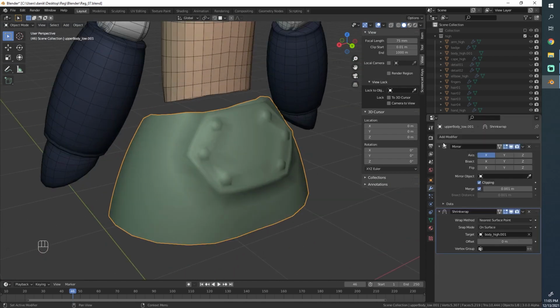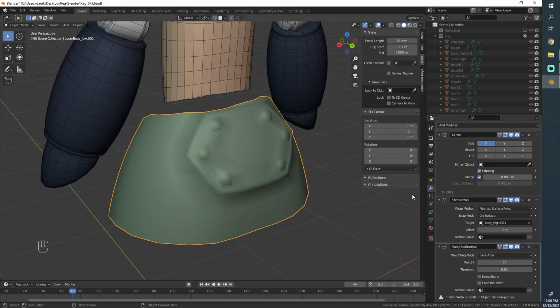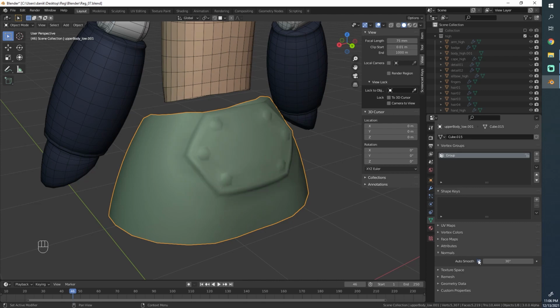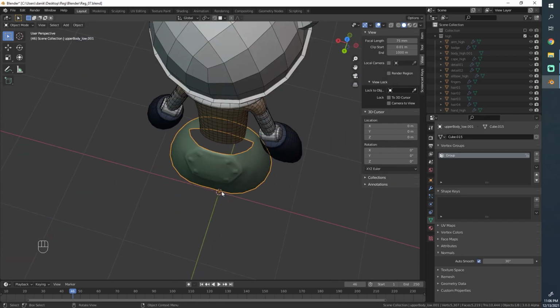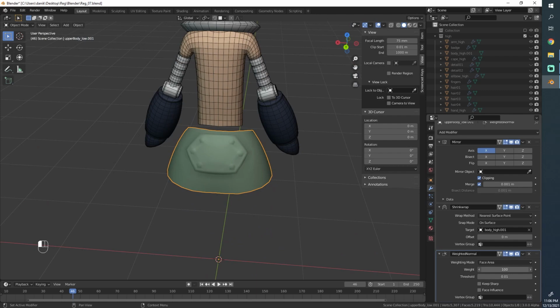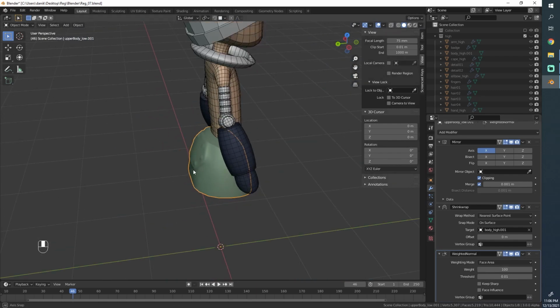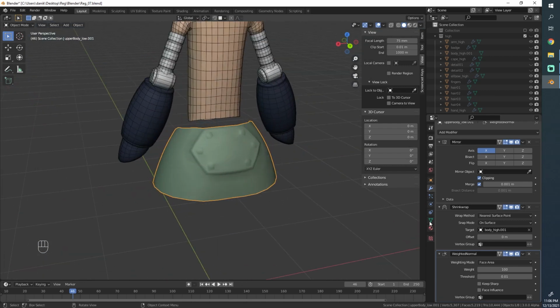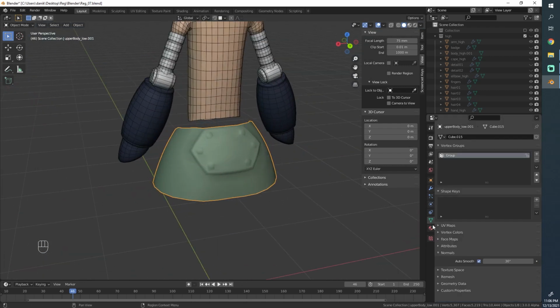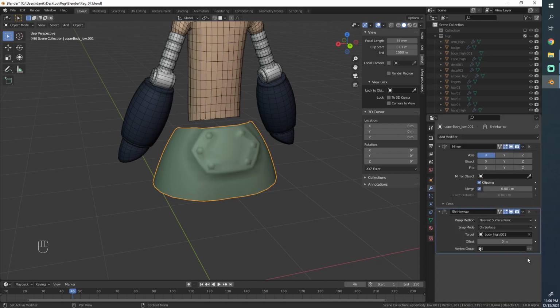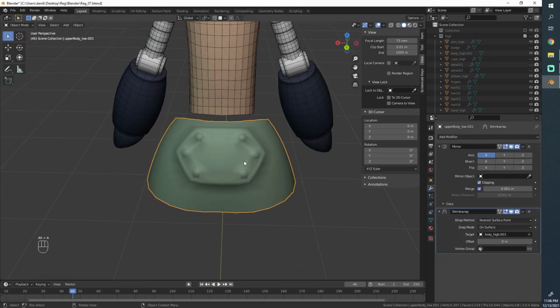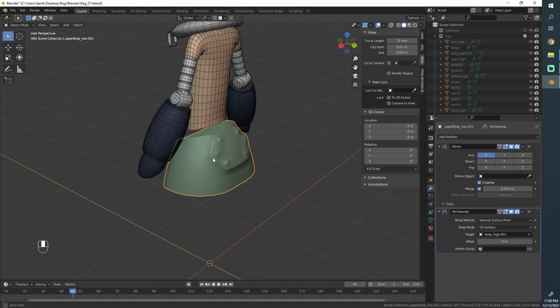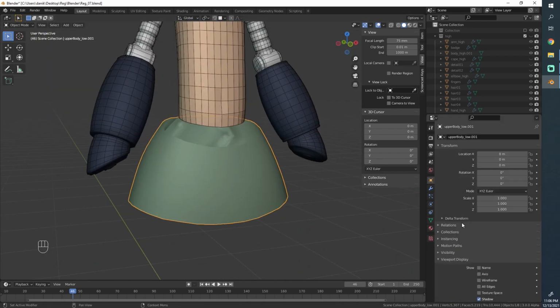And I'm just curious to see one thing quickly. If we add a weighted normal modifier, and for that we have to enable auto smooth, see how that can already fix it quite a bit. If you're interested in what exactly this modifier does, look it up, it's quite interesting. It's a nice feature that can be very helpful. But I wouldn't really use it in this scenario, since this kind of calculation isn't too common in game engines, I believe. You could import your normals, but whatever, it's getting too complicated. Let's set this back to flat shaded for now.